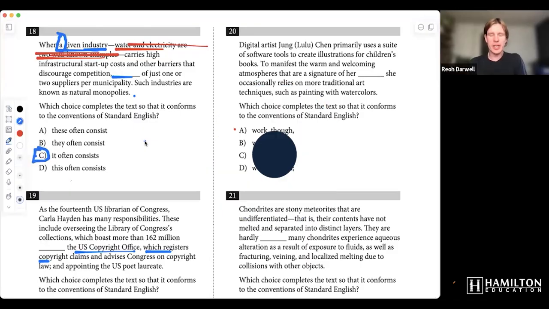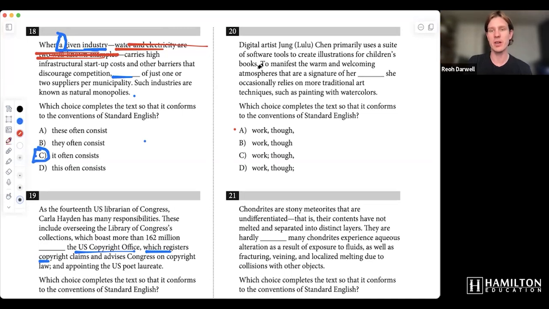All right, question 20 is a question about the placement of a transition with punctuation. So remember, punctuation can come anywhere in a sentence, so long as it comes with the right clause. So in this case, why are C and D wrong? Okay, both of these are wrong because